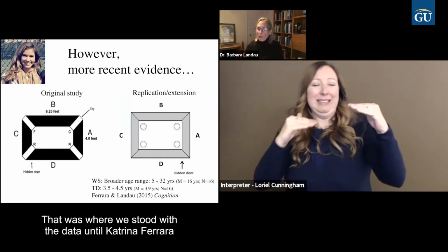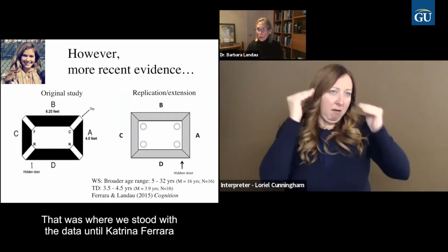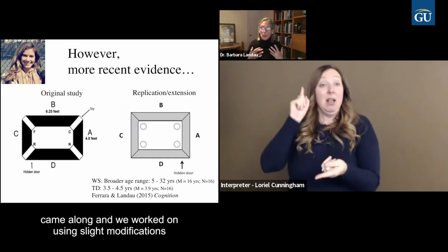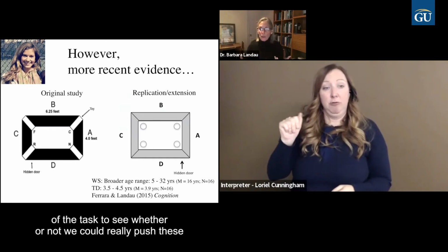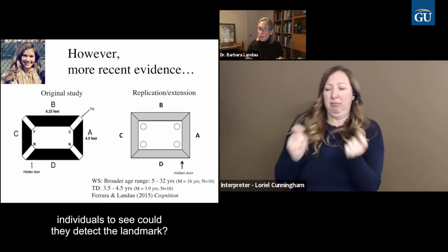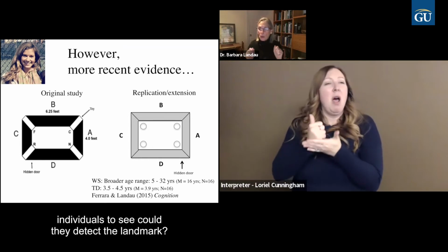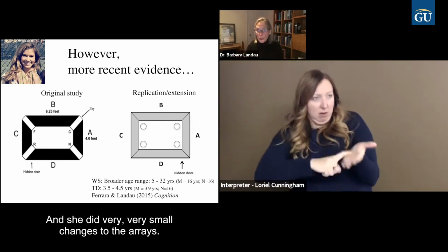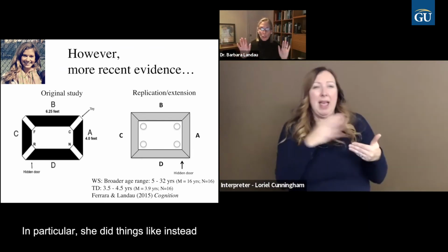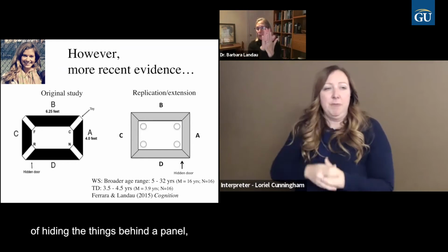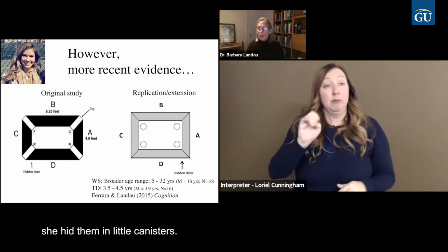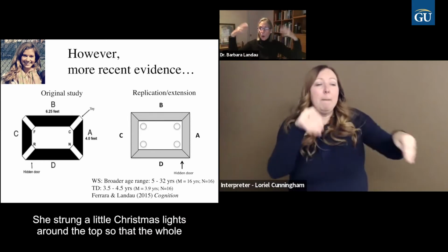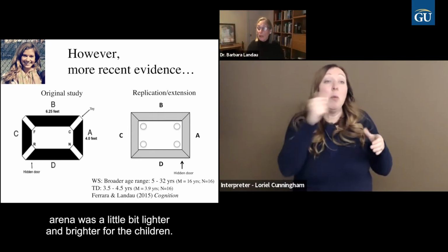That was where we stood with the data until Katrina Ferrara came along, and we worked on using slight modifications of the task to see whether or not we could really push these individuals to see, could they detect the landmark, could they detect the geometry, and could they combine? And she did very, very small changes to the arrays. In particular, instead of hiding the things behind a panel, she hid them in little canisters. She strung little Christmas lights around the top so that the whole arena was a little bit lighter and brighter